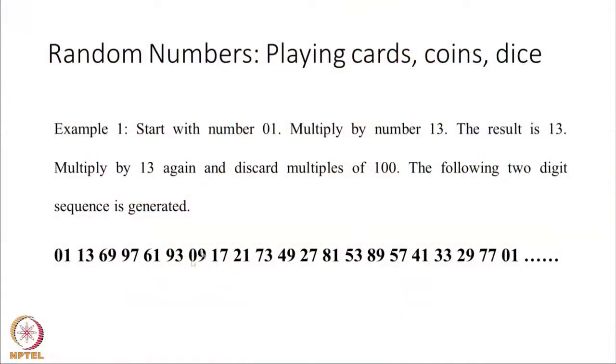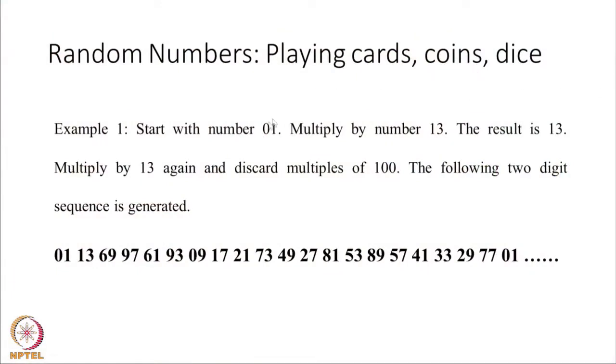The next slide shows what I mean by random numbers. When we play cards, we know that there are 52 cards and each time you draw a card, it is completely random. Any one of the 52 can come and there is no formula to tell you which card will come when you pick one at random. Similarly, when you toss a coin, you can never predict whether it is head or tail, but when you toss it say a million times, you expect half the time it to be head and half the time tail. Same thing when you throw dice, there are 6 options. So, on the average you will get each face 1/6 of the time.